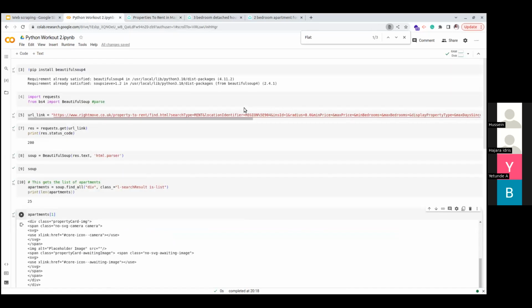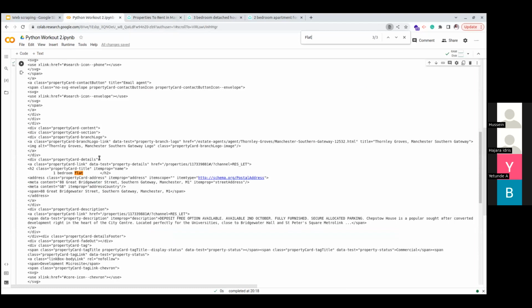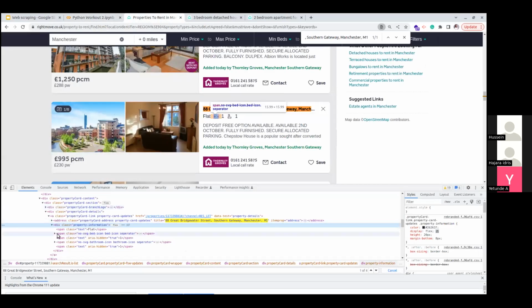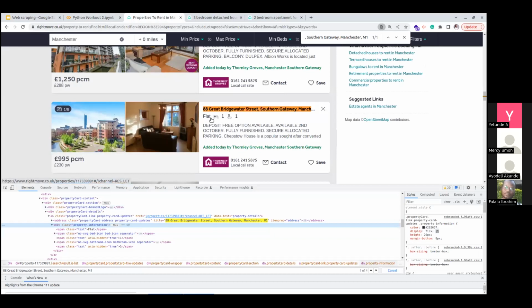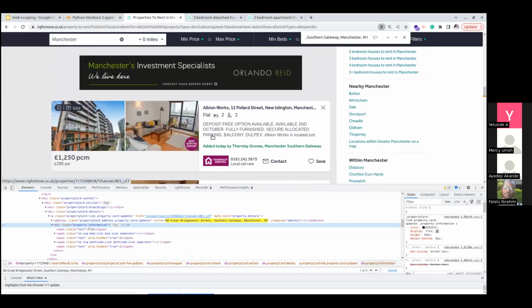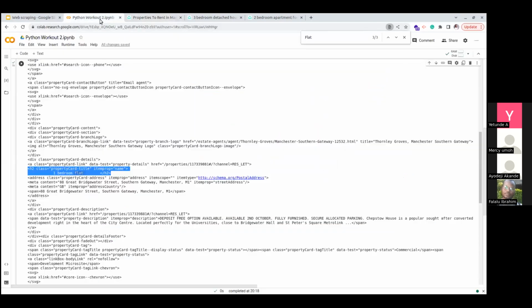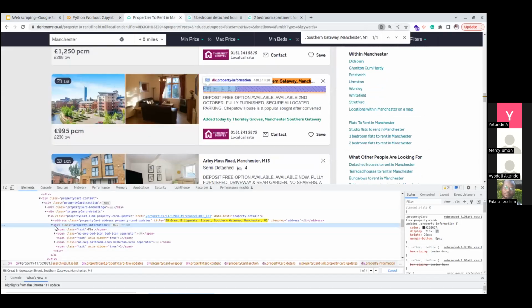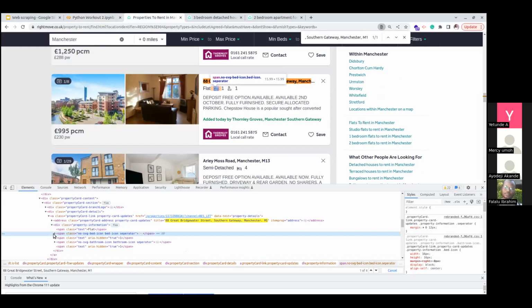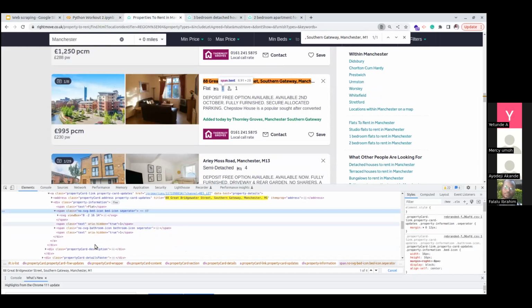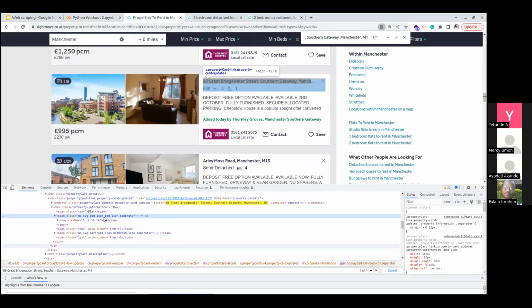Flats. Okay, so we can see that it's showing this description, but let me see if there's an H2 here. It's actually strange that it is showing. But what is it showing it as? One bedroom flats. Interesting. So that's something I didn't even discover when I was doing this. Okay, so where did you see one bedroom flats here?